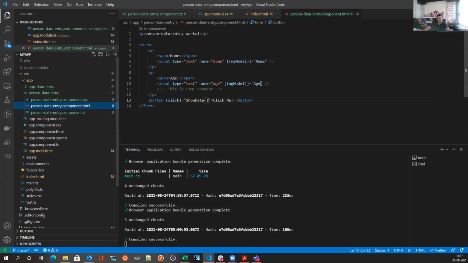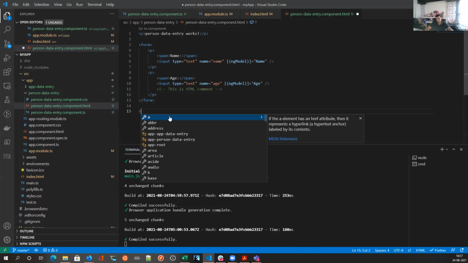Okay, so if you are done with that, what I want you to do now is, let's say this is what we are doing right now. We are doing a button click. We remove that button click. And instead of form, below that, create a P element.